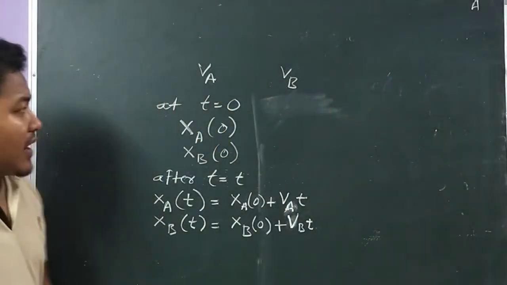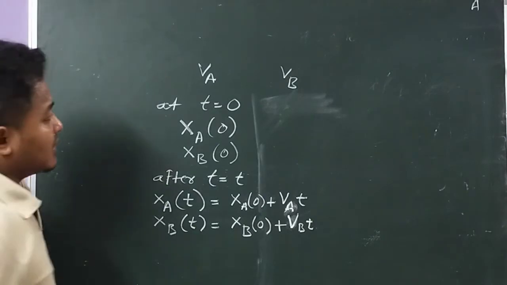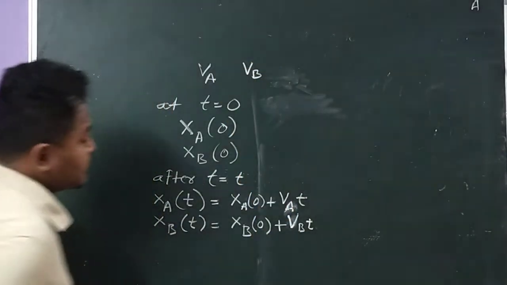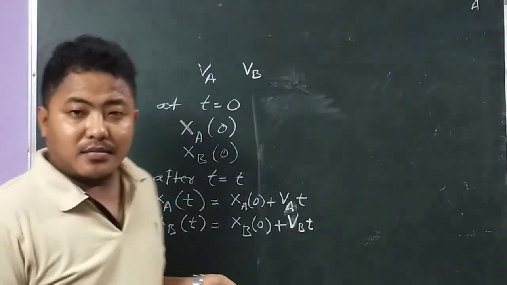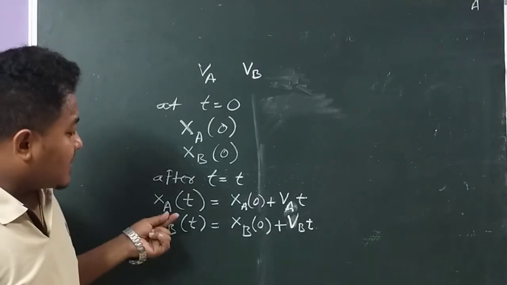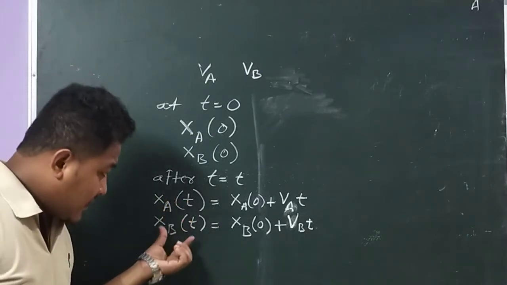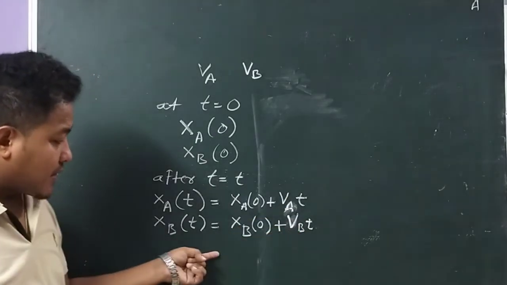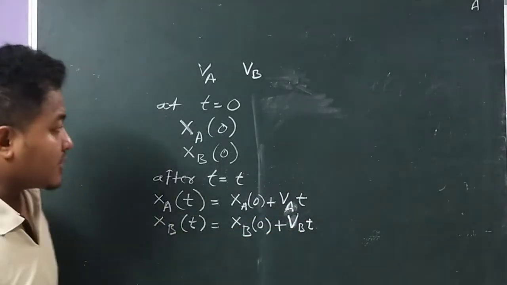Now if you want to find out the next thing here, this is the amount of displacement. Okay, this is the amount of displacement, and this is the amount of position. This is position, and these are the amount of total displacement. So now you can write